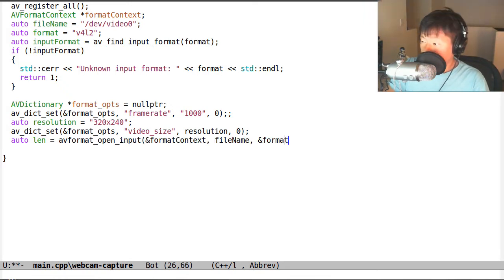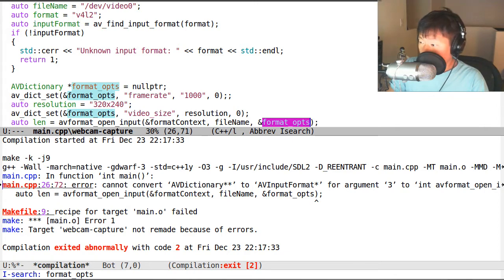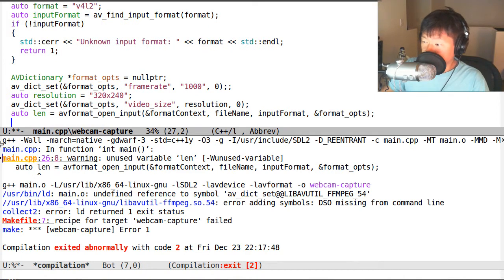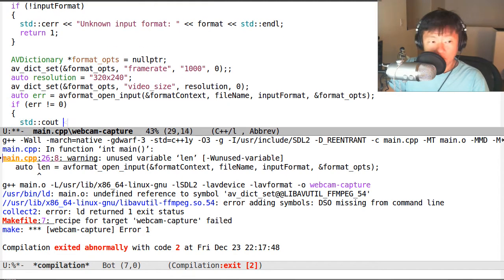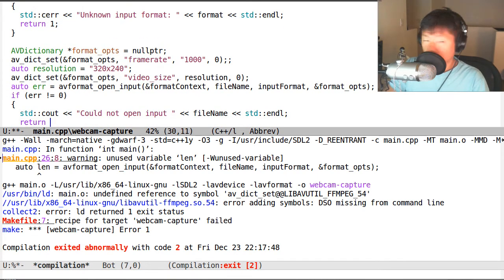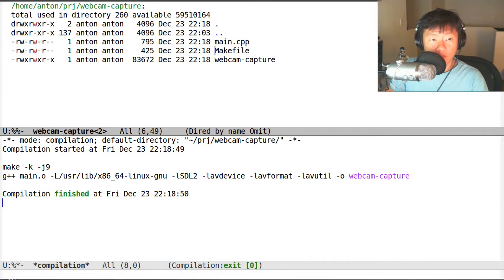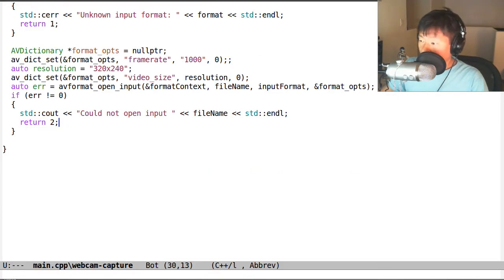file name, input format, file name, format. I don't know why in examples it's long. I think it's kind of a result or error. So if error not equal 0, return -2 or just 2. So I need to add avutil. Okay, it's compiling, and actually it's ready. I can dump the format,